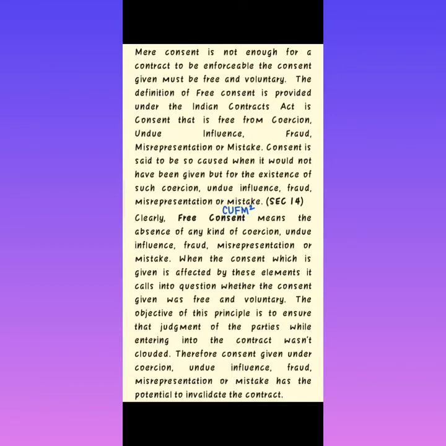It is void ab initio, and the court is there only to give you the remedy, the relief you pray for. The contract is not to be declared void separately by the court. So the court can actually declare a contract void if consent to it was not free, and that too because of the first four factors laid down under Section 14, that is coercion, undue influence, fraud and misrepresentation,